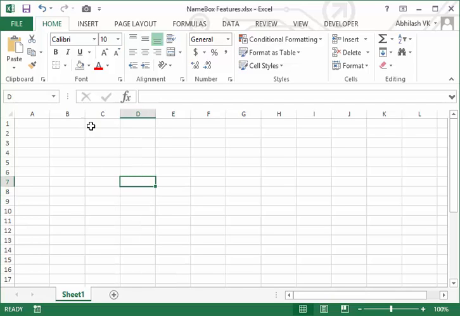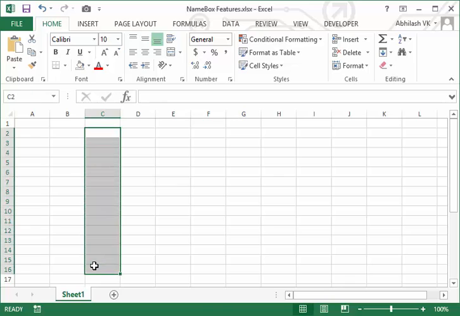And similarly, you have some values in a range, and if you want to assign a name to a particular range, you can use the name box, and this is very familiar to everyone, right? Say some values, okay.